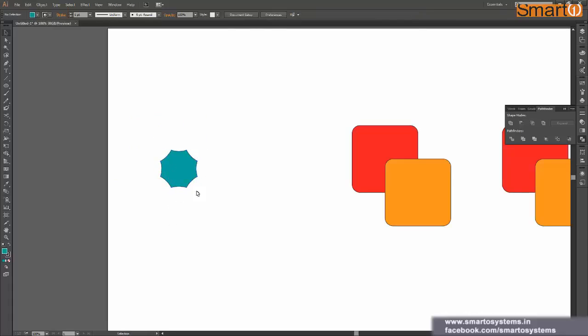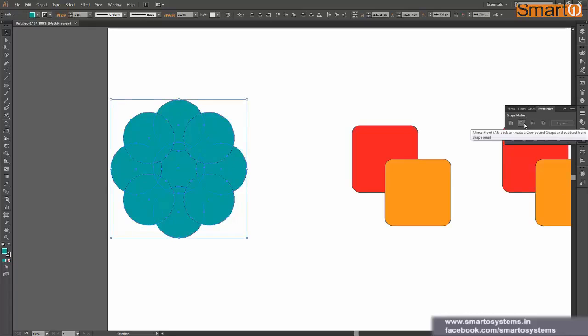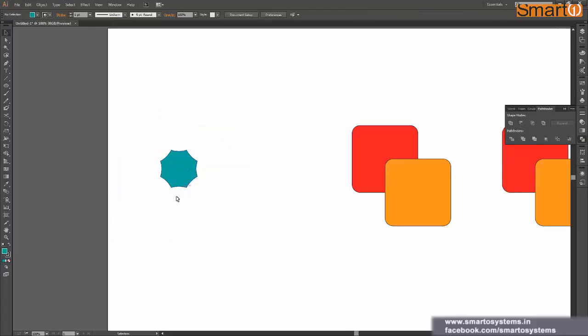You can see how many operations and clicks I have to do to make a shape like this. But if I go to Pathfinder and just click on minus front, I have achieved something like this. So again, the operation might be complex, but you have to think for yourself about which tool will be better here. You will learn this by practice. I would suggest you go ahead and keep practicing all these functionalities and features, and over time you will come to know where to use which functionality.